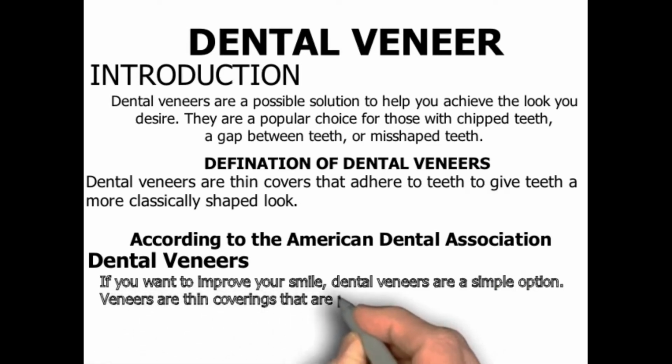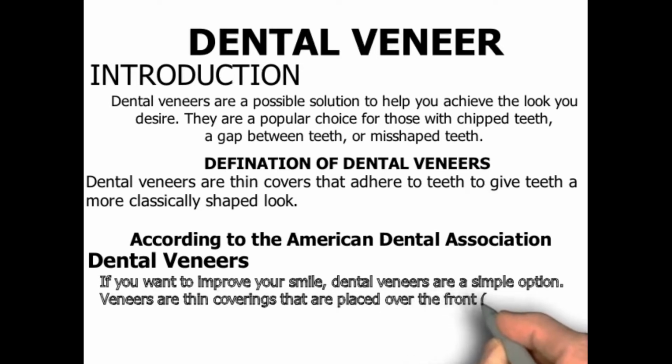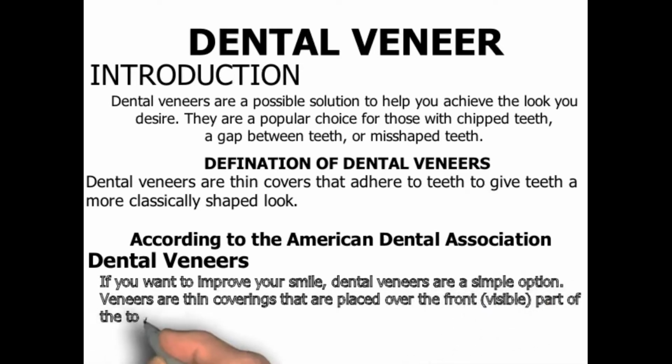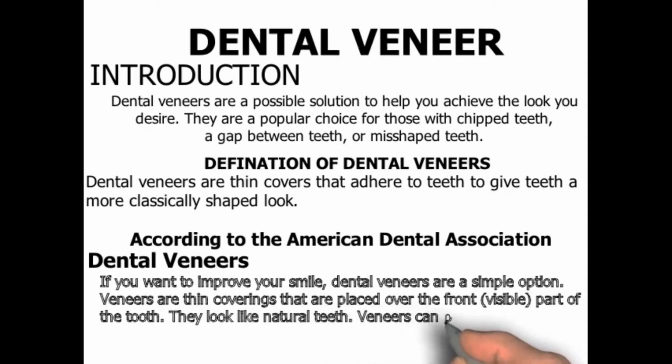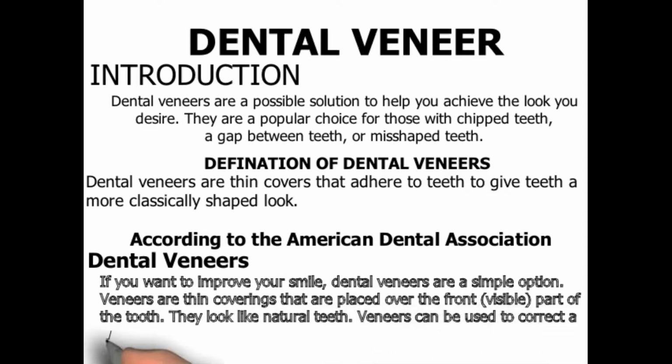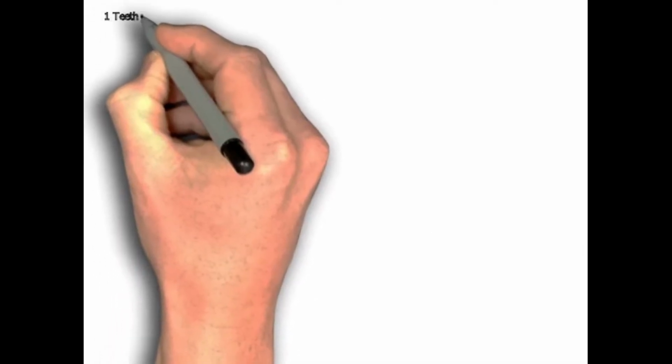Veneers are thin coverings that are placed over the front visible part of the tooth. They look like natural teeth. Veneers can be used to correct a wide range of dental issues such as